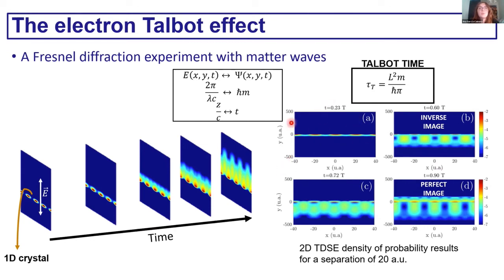In the first frame, we observe the beginning of the ionization coinciding with the field maximum. In the following frame, the transverse evolution of the ionized wave function gives rise to an inverse image. The maxima of the density are shifted with respect to the initial state. In the third frame, the density is evolving towards a perfect image shown in the last frame. Although this case is not realistic, it allows us to observe clearly, with a time scale similar to the laser cycle, the formation of Talbot images.